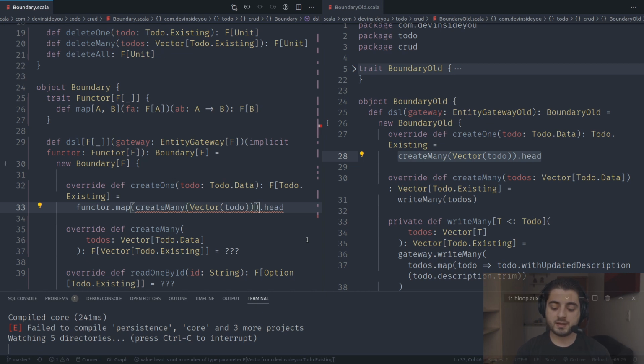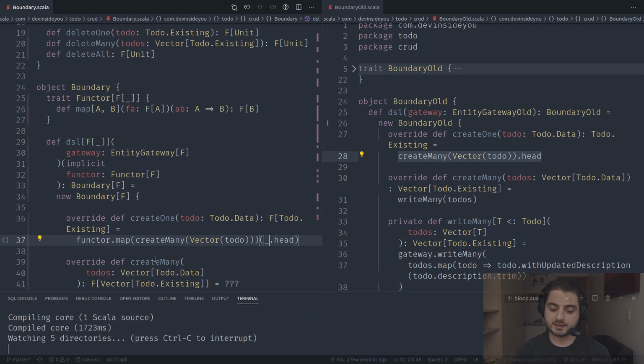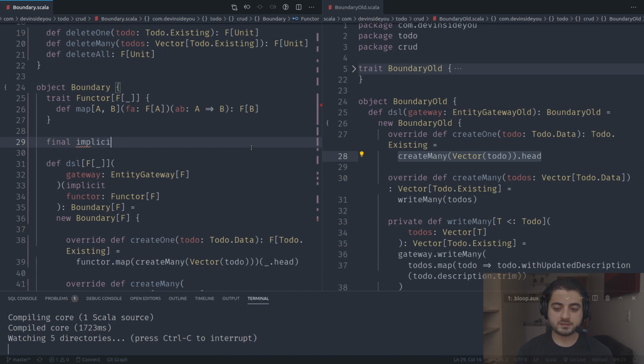This is what I'm mapping. And the second parameter, like this, is going to be the function that would take the vector and map it to an existing to-do. Now, as we already know, we don't like this typical functional notation. We want to be able to use the object-oriented notation, and so it's a common thing, at least in Scala 2. If you have seen my previous video in Scala 3, this won't be necessary anymore. But at least in Scala 2, we would need to do something like this: final implicit class FunctorOps